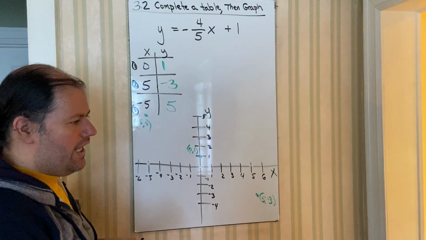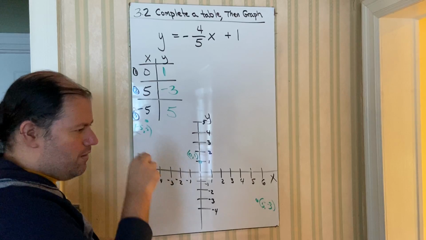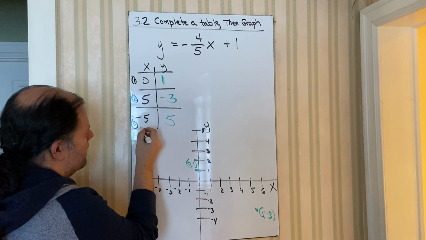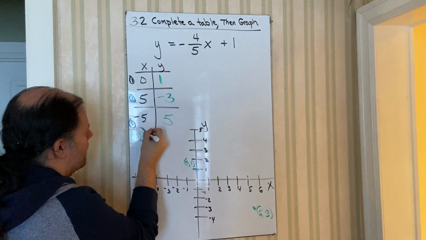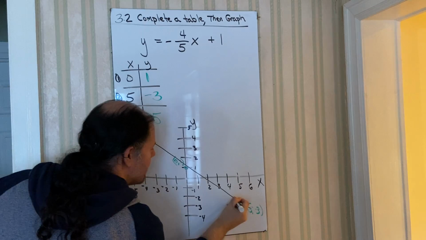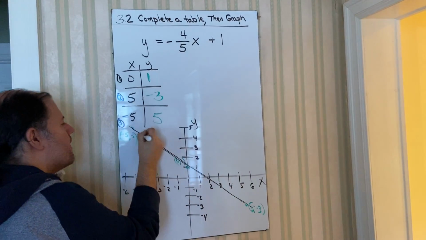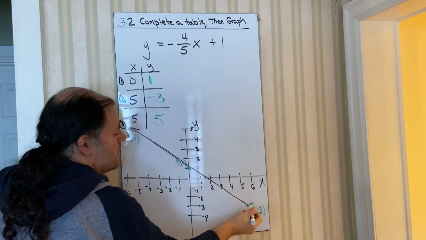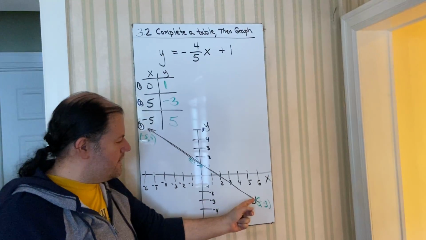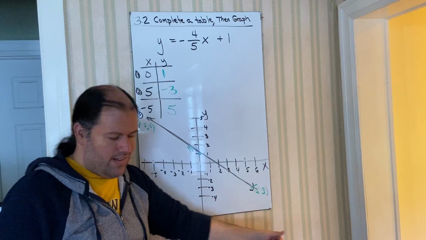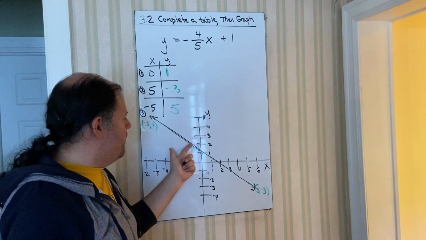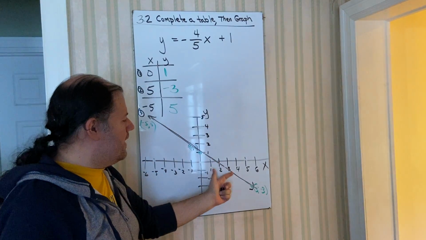So as best you can, luckily on Alex, they'll automatically draw it as a straight line. But if you're doing it by hand, you got to be careful and just freehand as best you can a straight line, connecting all the points. Now notice at the very end I draw arrowheads. The reason why I draw arrowheads is because this will go on and on forever. This will go on and on forever. And any point that is found on this line would be